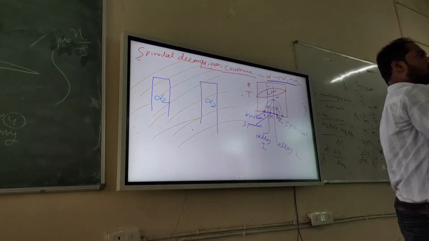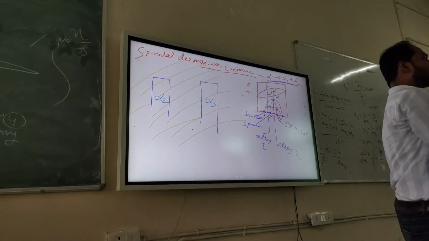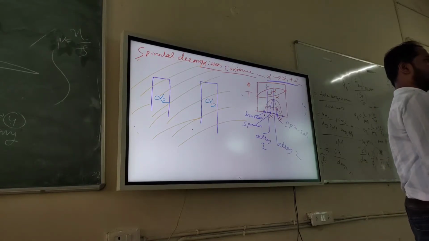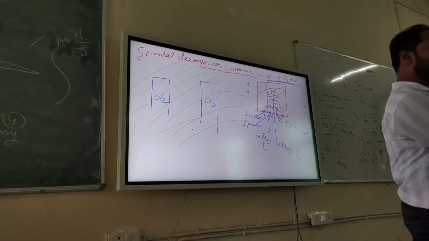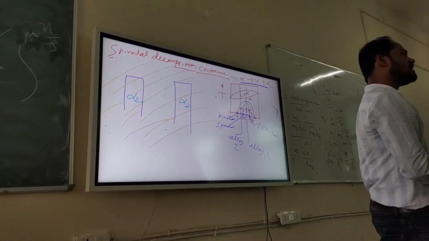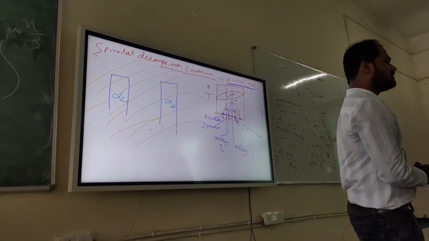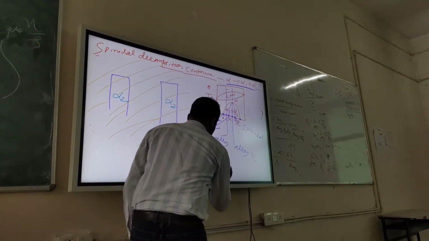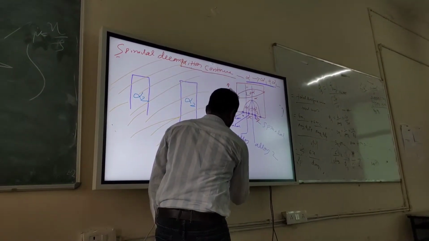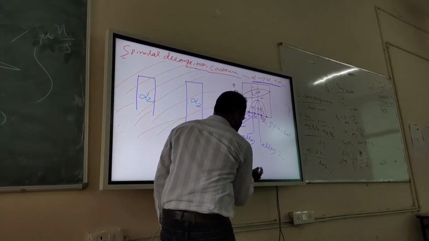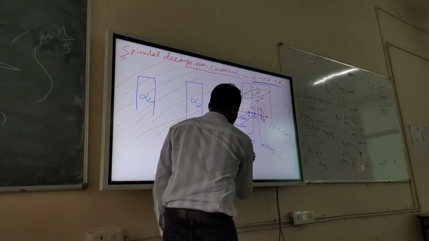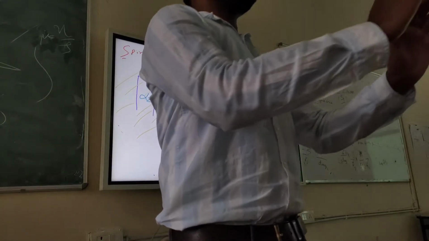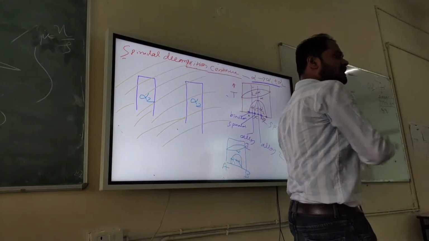Listen carefully. You have single phase alpha. Sometimes composition variation occurs automatically. Automatically some region becomes rich in B, for example. So if some region automatically becomes rich in B, that becomes alpha 2. If you remember the diagram, A and B. This is alpha 2, this is alpha 1, this is alpha. So automatically certain region will have more B atoms, so that region becomes alpha 2.